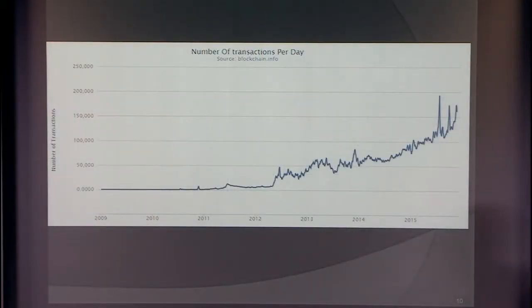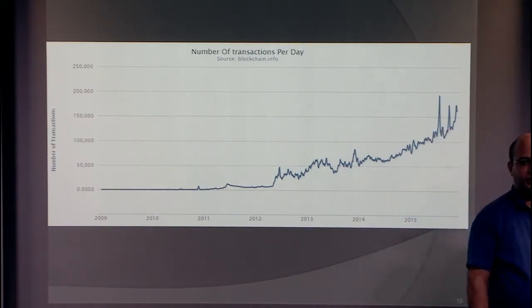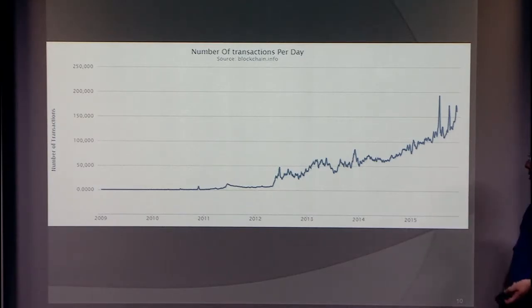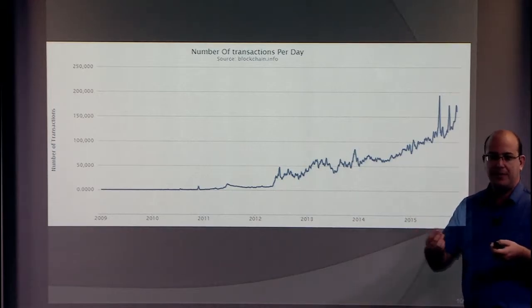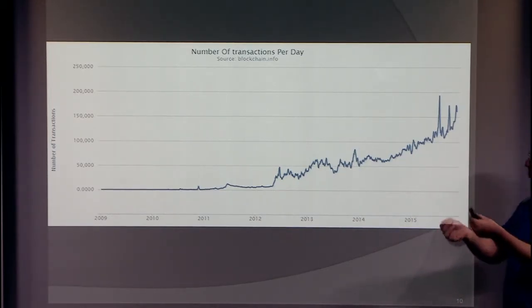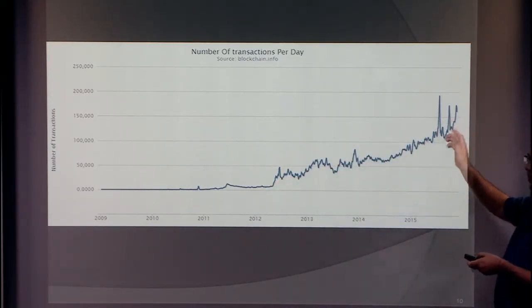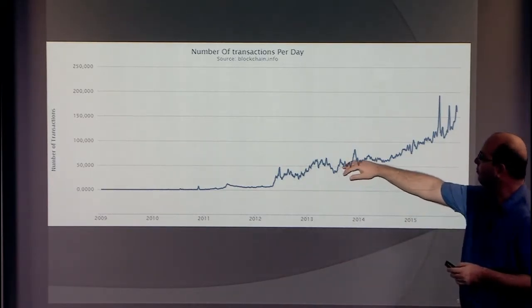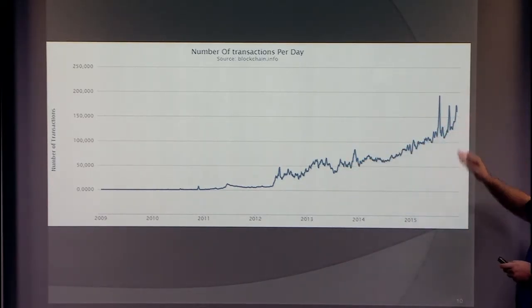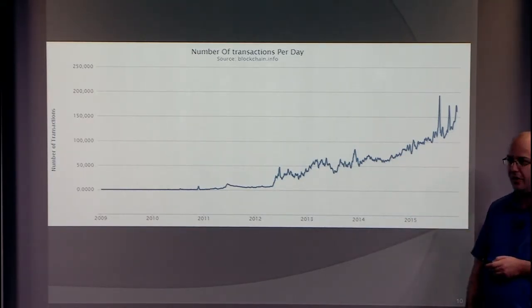All right. So one more thing that I want to show you is that the use of the currency has been very slowly growing. You might have seen in the news that the price of Bitcoins goes up and down. There have been maybe 4 bubbles up till now. But in terms of how many messages are sent to the Bitcoin network, people requesting to move funds, this is basically the number of messages. This doesn't say anything about the amount of money being transferred. But basically, we've reached around 150,000 transactions per day. And it's been slowly growing since the very start of Bitcoin.